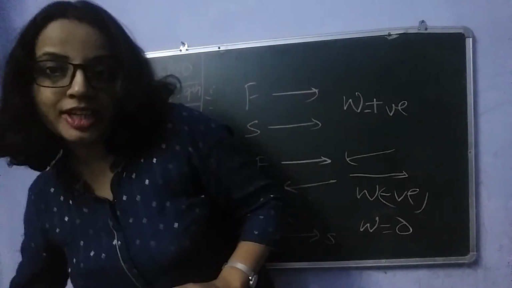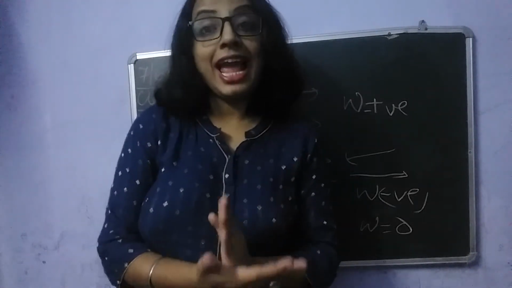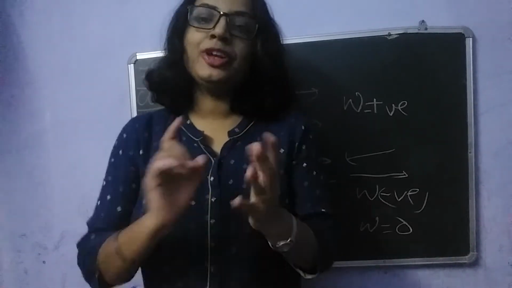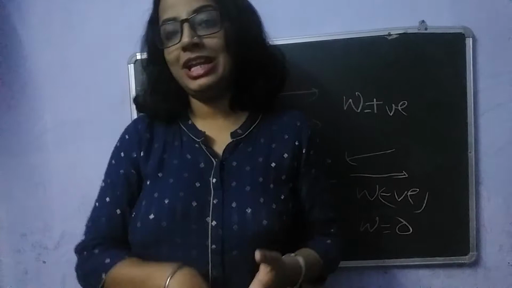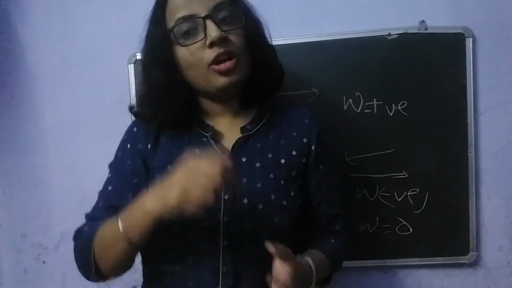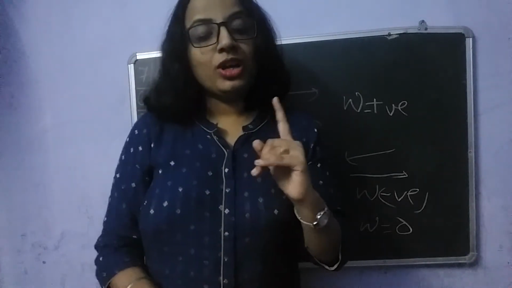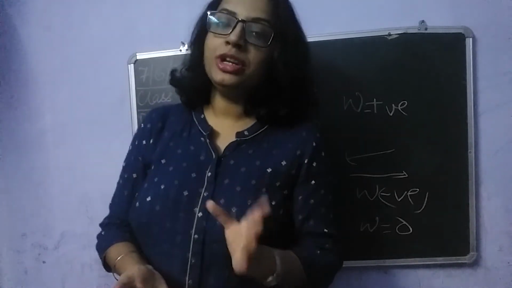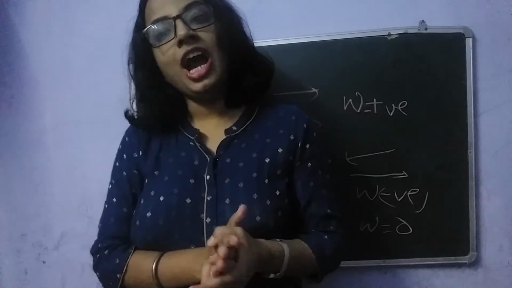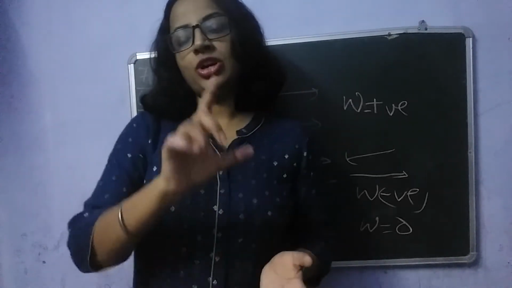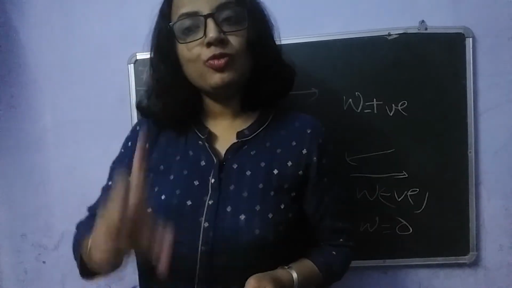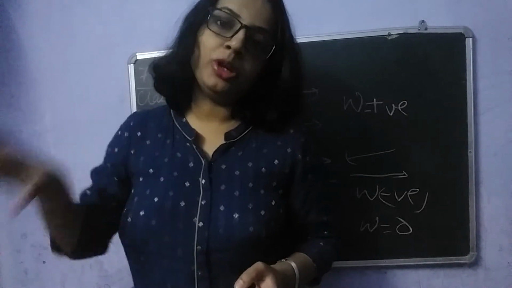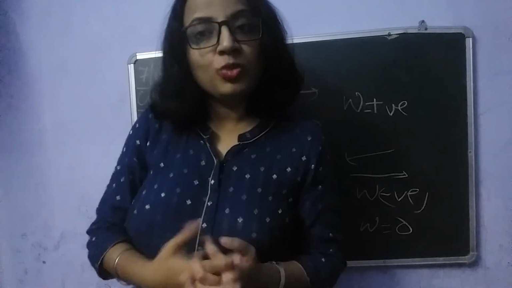So today we studied what actual work done is. In daily life the term work done is used even where no displacement occurs due to applying force, but that is not work done. And we studied the unit of work done, that is joule or Newton meter. We also studied how to define it: 1 joule of work is done when a force of 1 Newton applied on an object creates a displacement of 1 meter. So this is defined as 1 joule.